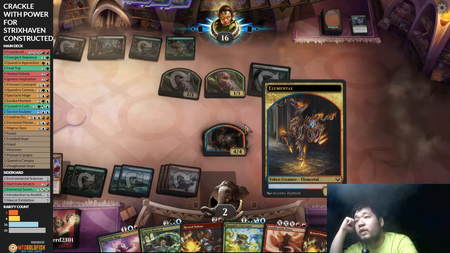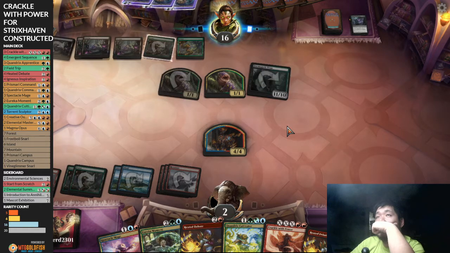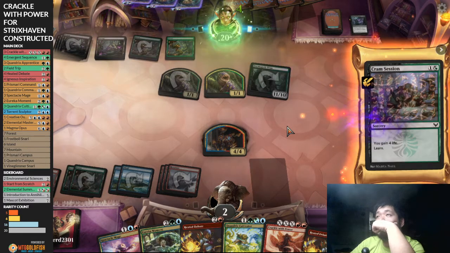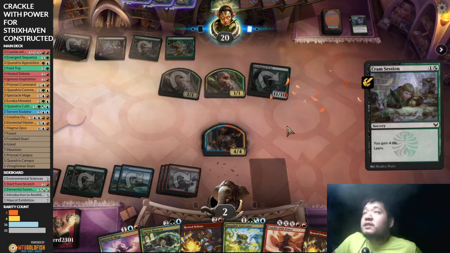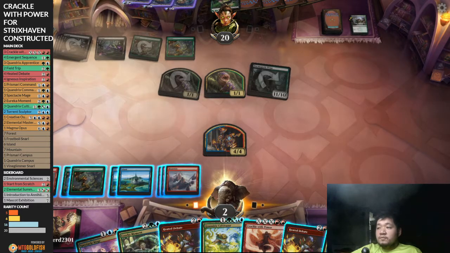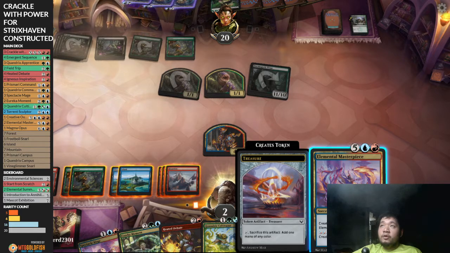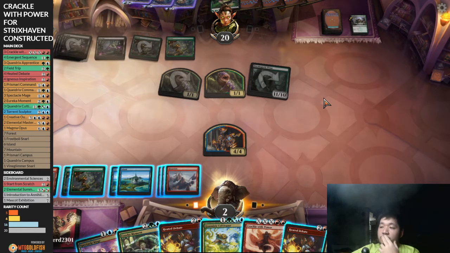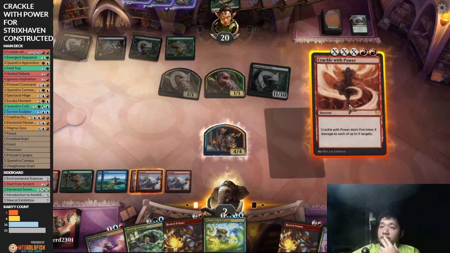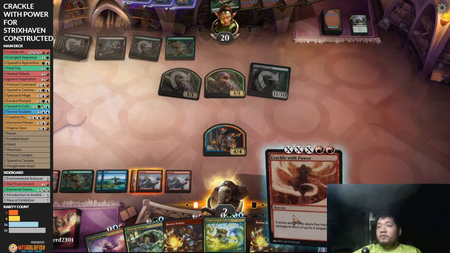Now okay, we hit the Crackle. That's the good news. So Crackle brings our opponent down to 6. Opponent goes Cram Session. Okay, that's fine because we just need to snipe the Titan. You can also cast the Elemental Masterpiece just to gum the board up even more. Yeah, because if any one token slips through, I'm dead. If our opponent has...